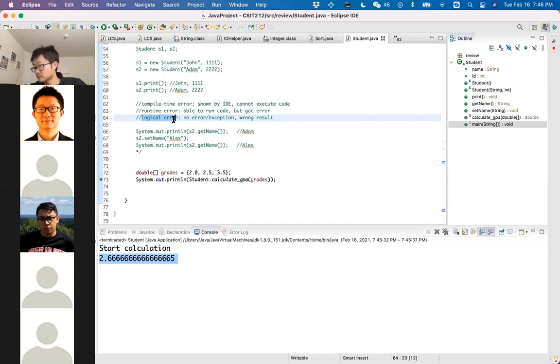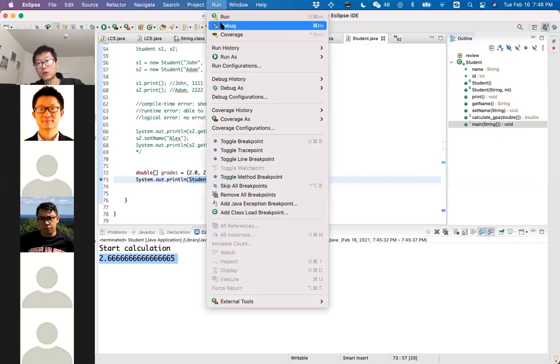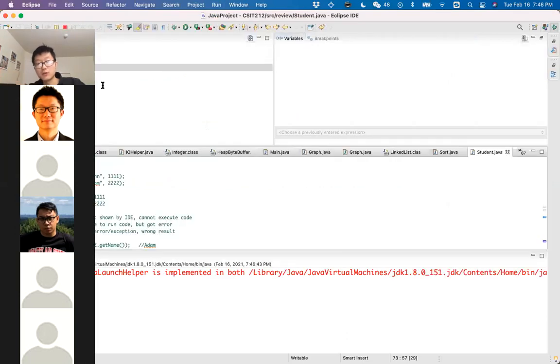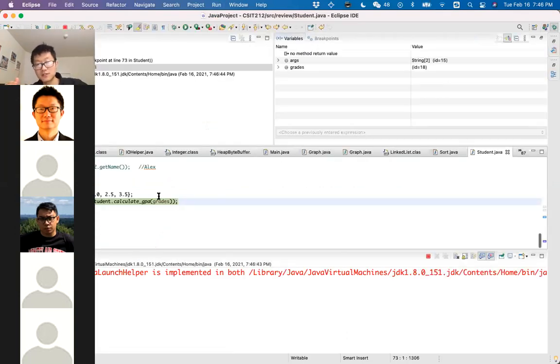Any question? Yeah, can you repeat what step into does again? Step into is like enter. Because where we are at this line, we are executing another function, right? So I'm just going to show you what if we don't use step into over this line. What if we just use step over? Step over is to just execute this line as a whole. It will finish the execution of the calculated GPA function in one step. It will not go into this function and execute it step by step.